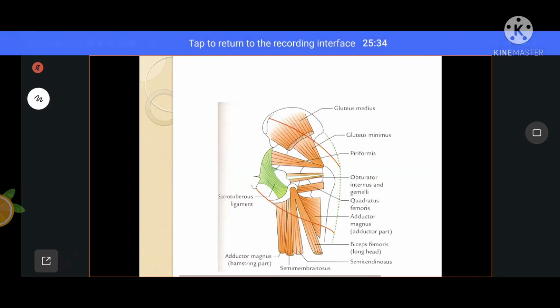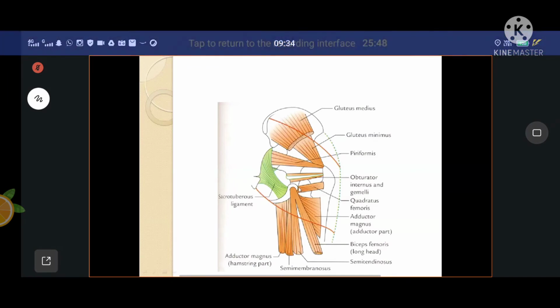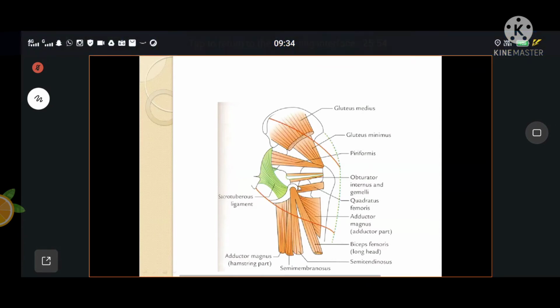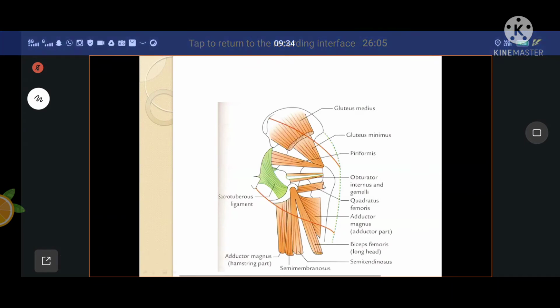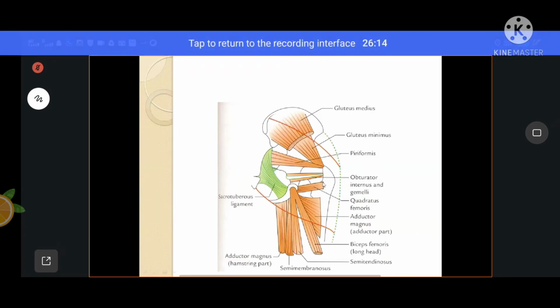And the next muscle, a quadrate shaped muscle, which is present in the femoral compartment or the femoral region. What is that quadrate shaped muscle which is seen in the femoral region? That is none other than the quadratus femoris. So this quadratus femoris muscle gets its origin from the external surface of the ischium, and gets inserted to where? Into the quadrate tubercle, which is present in the middle of the intertrochanteric crest. Middle of the intertrochanteric crest, right?